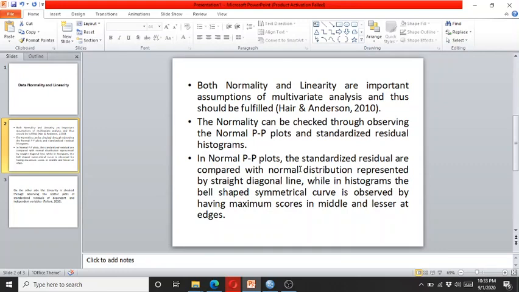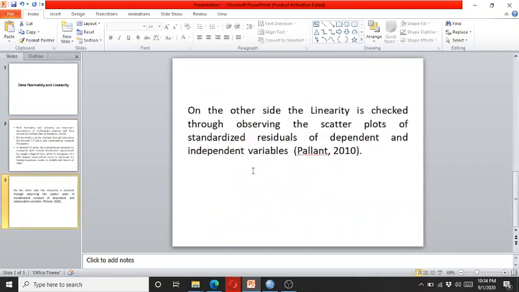The normality can be checked through observing the normal PP plots and standardized residual histograms. In a normal PP plot, the standard residuals are compared with the normal distribution represented by a straight diagonal line, while in a histogram, the bell-shaped symmetrical curve is observed by having maximum score in the middle and lesser at the edges,